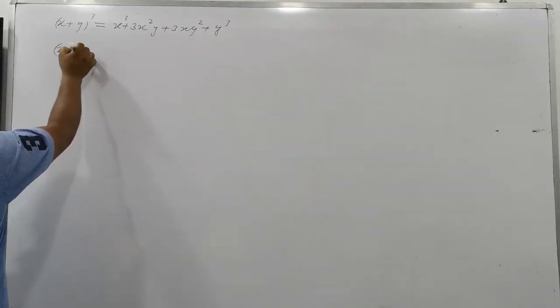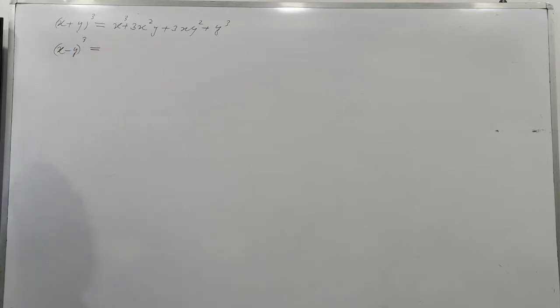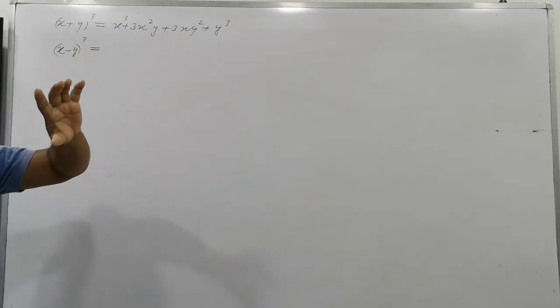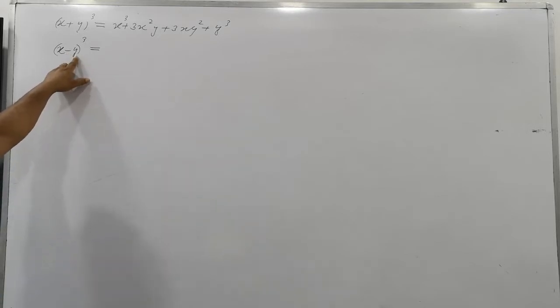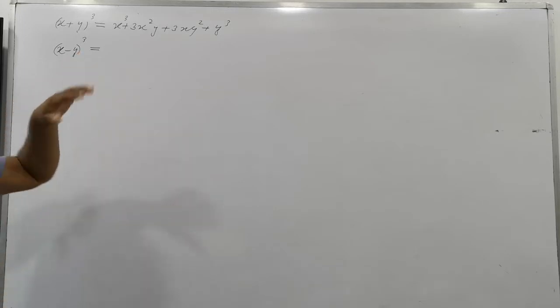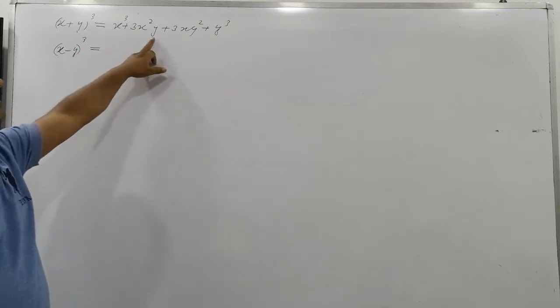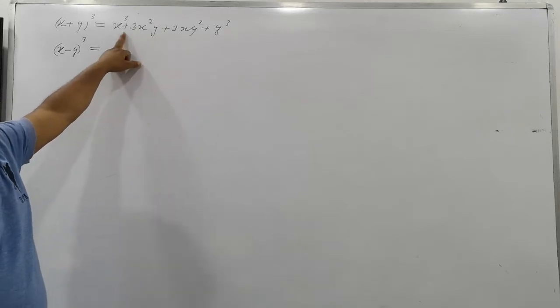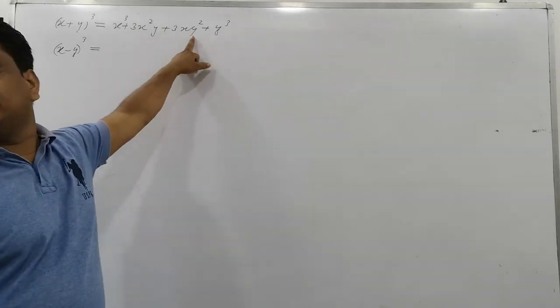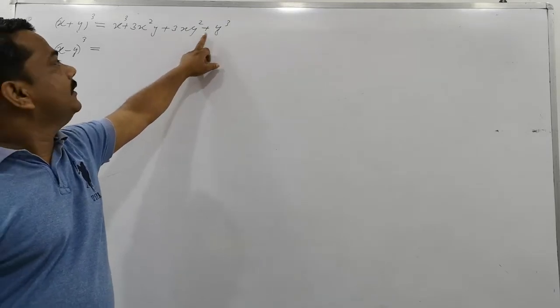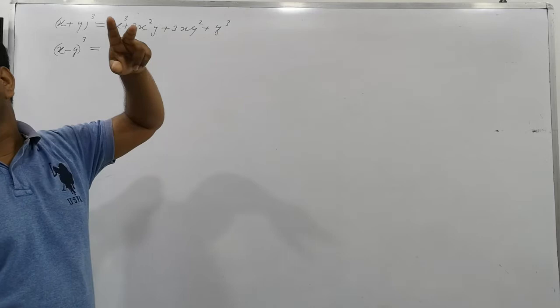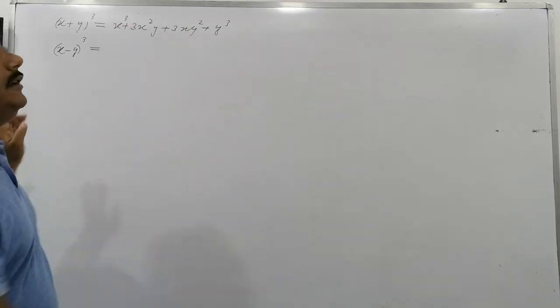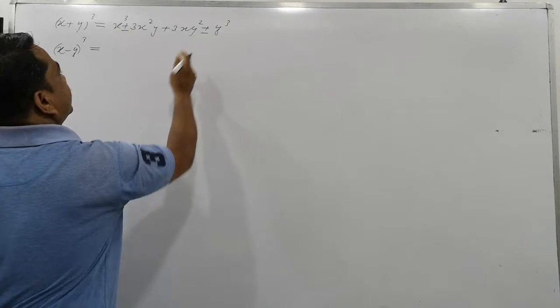Now (x minus y). So do not learn this separately, okay? In the same identity you can set this x minus y. The term expansion will be the same, but where y occurs once, 3 times, 5 times, the term will be negative. Which term will be negative? Here y is occurring once, so this term will be negative. And here y is occurring square, 2 times, so here it will be positive. Here y is occurring 3 times, so which two terms will be negative? This and this. Clear?